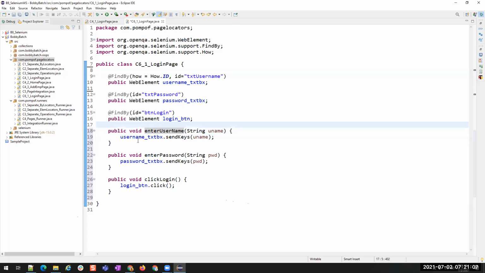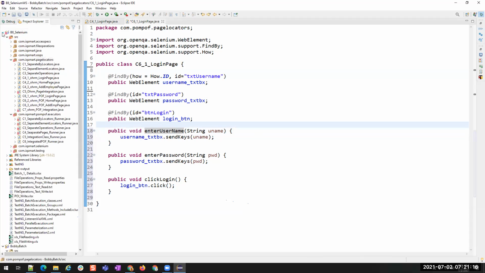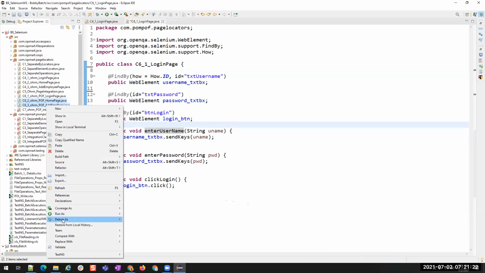Fine. Now we have these element locators. Now let us go and create pages for other classes as well. Instead of wasting time, what I'm going to do is copy the classes from my previous sessions, which will have the same thing.